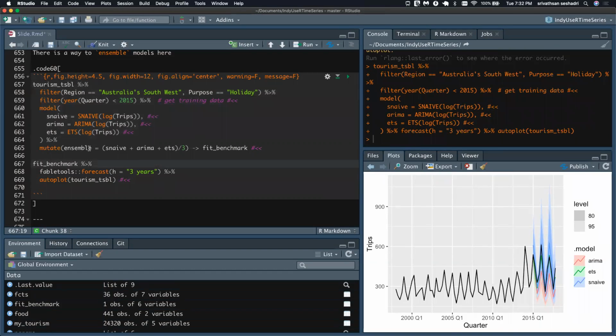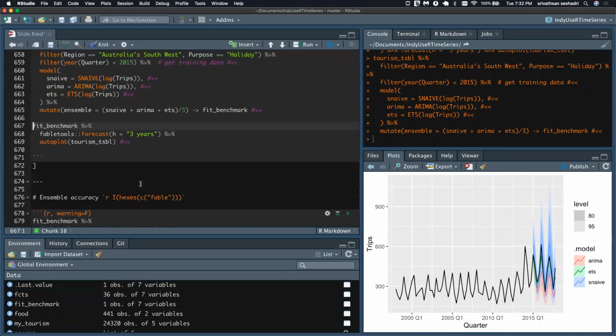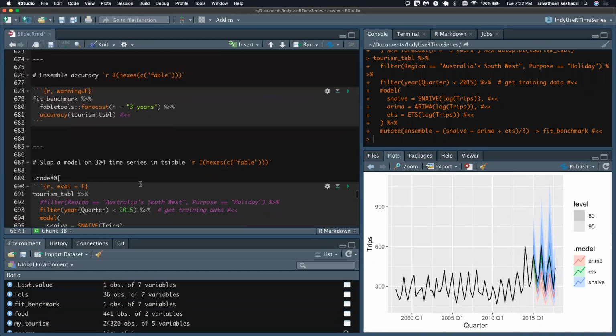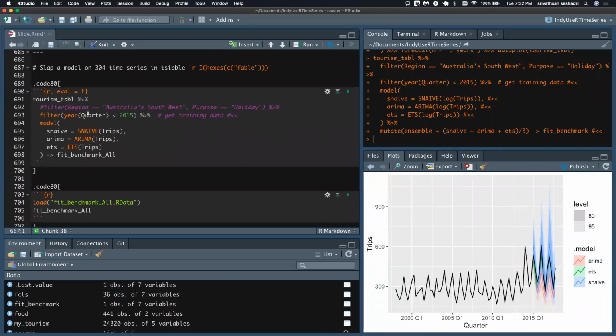Finally, if you want to make an ensemble of models, if you want to take the average of all the outputs of the 3 models, you can simply pass it in right here. Again, another mutate. You say outputs of seasonal naive, ARIMA, and ETS, all in the same block. You do that, and it's done. And similarly, I'm not going to go through this check for accuracy. We've done that before.